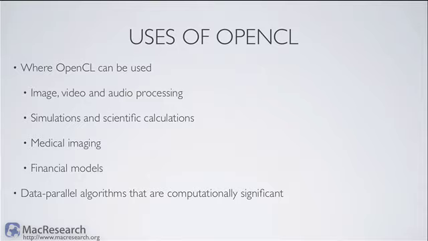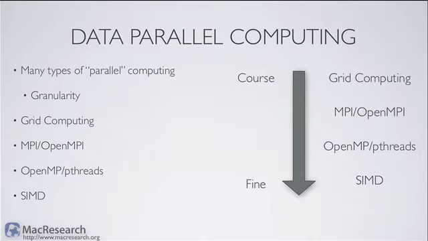So OpenCL can be used across a wide variety of things, but really it's designed for and can be used with any kind of data parallel algorithm where the computational part is significant, meaning that it's not just a trivial kind of hello world app or something silly like that, but something that really takes a lot of time and a lot of computational resources to get through. So when we say data parallel computing, what are we really talking about? Well, data parallel computing,